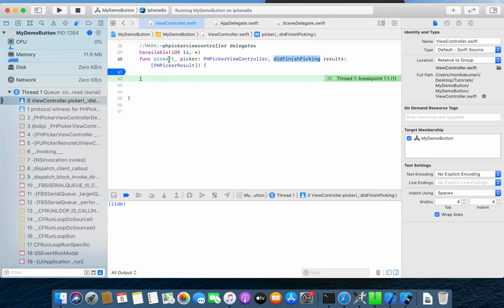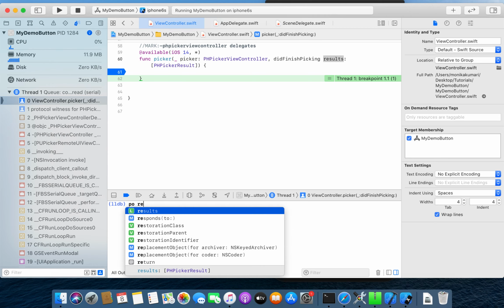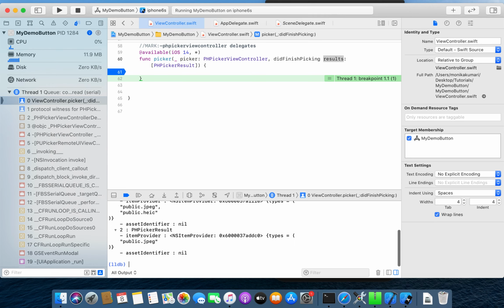This didFinishPicking method will be called, and inside this didFinishPicking method I will get the result. You can check the result by adding po, print output, for the results in the debugger area. You will see all the results that you are getting over here.